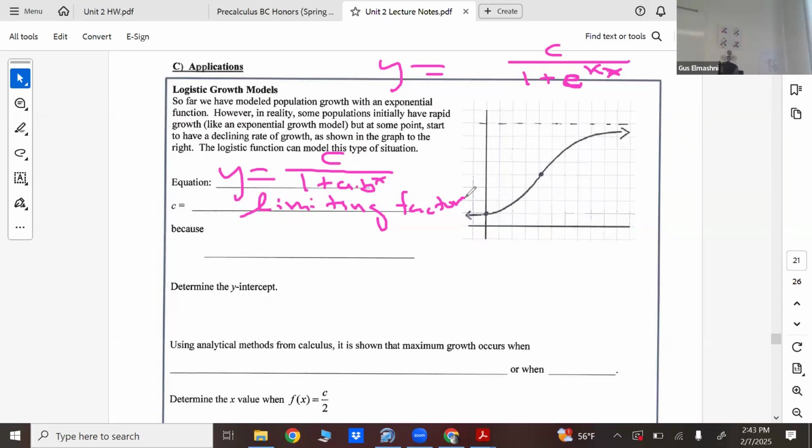As X increases, what's going to happen here is that this gets really large, right? Actually, I take it back. I believe B is going to be a fraction. If I'm not mistaken, B is going to be between 0 and 1. So this gets really small when X gets large. Ultimately, Y just equals C. B will actually wind up being some number between 0 and 1. And I think K here is actually a negative number, if I'm not mistaken. So the parent function has a horizontal asymptote of